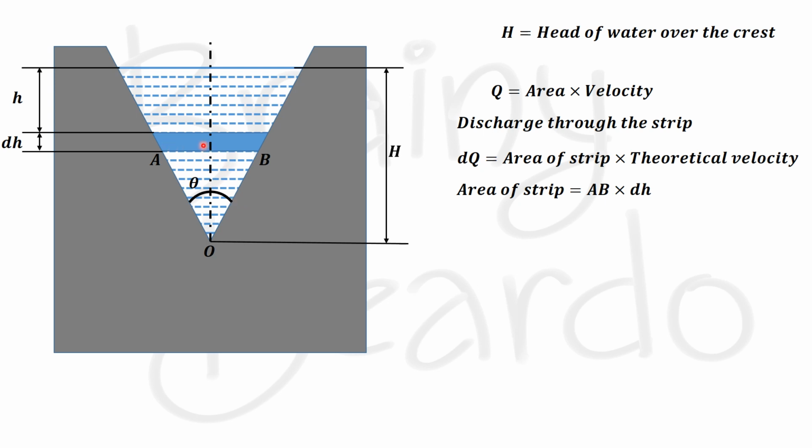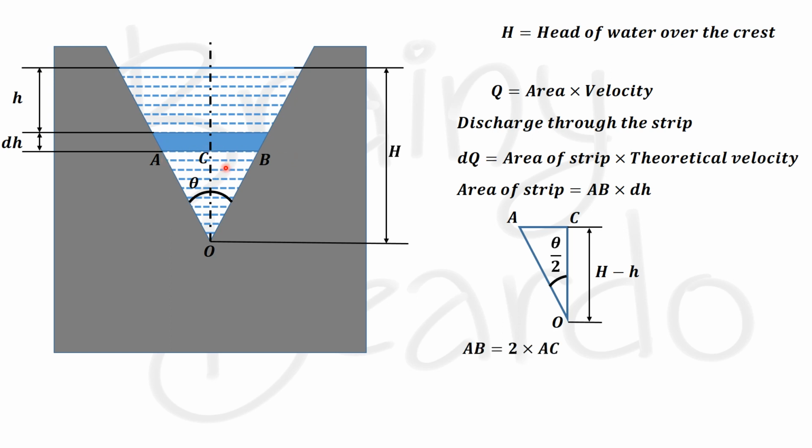Now, let us name this point as point C. When we take this right angle triangle outside, this angle will be half of theta, so we can name it theta by 2, and this height we neglect this dh. So, this height OC will be capital H minus small h. We will be neglecting this dh value. So, this OC will be capital H minus small h. Now, since we need the value of AB from this triangle, as you can see, this AB is 2 times AC because AC and CB are equal. So, AB will be equal to 2 times AC, right?